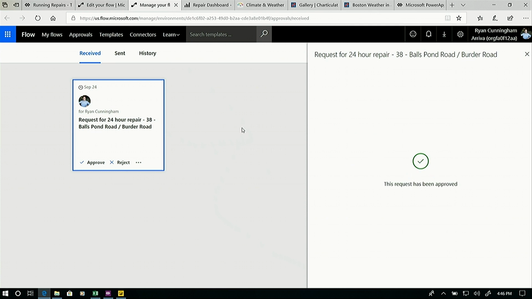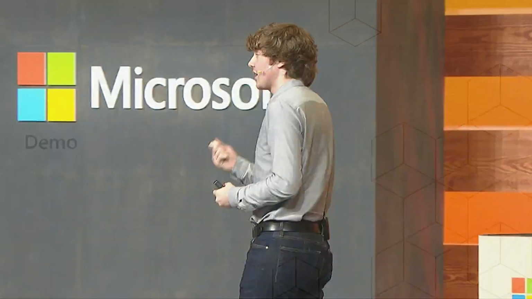So with that, we've kind of gotten a whirlwind tour of a real mobile app built by a real customer that actually goes and pulls information from the Common Data Service and from a bunch of different connectors. And this makes it incredibly powerful for people like Keith to go build rich experiences and really transform their business and deliver tons of great value without having to write huge amounts of code. And that kind of goes back to that overarching guide and principles around Power Apps and Flow of being about no code to low code, simple to more complex. You can do it all with that same platform with professional developer extensibility.